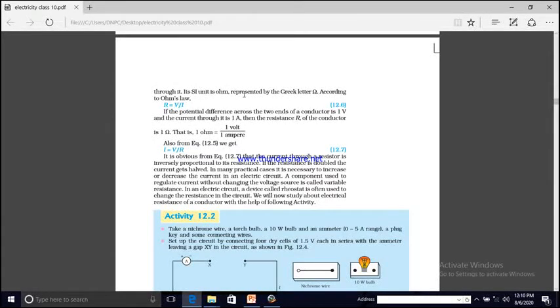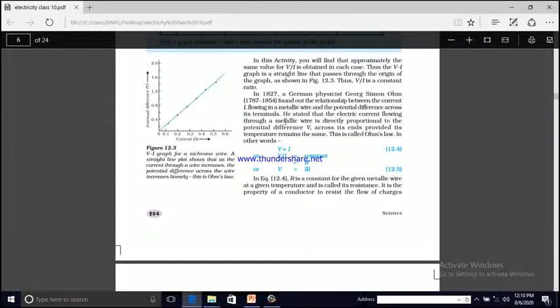It is represented by the Greek letter omega, and according to Ohm's law, resistance R is equal to V over I. Yesterday we saw that V is directly proportional to I. Ohm's law states that the current flowing in a metallic wire and the potential difference across its terminals are directly proportional to each other,